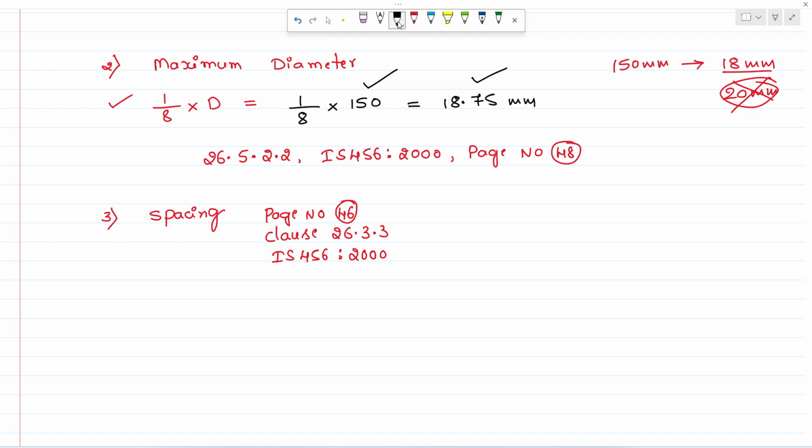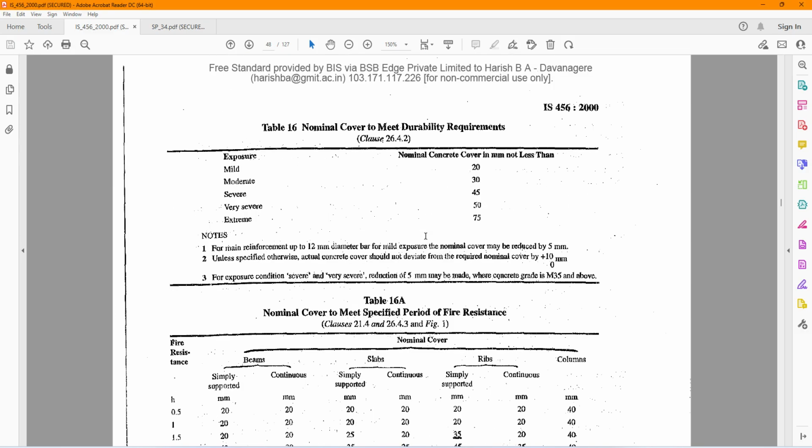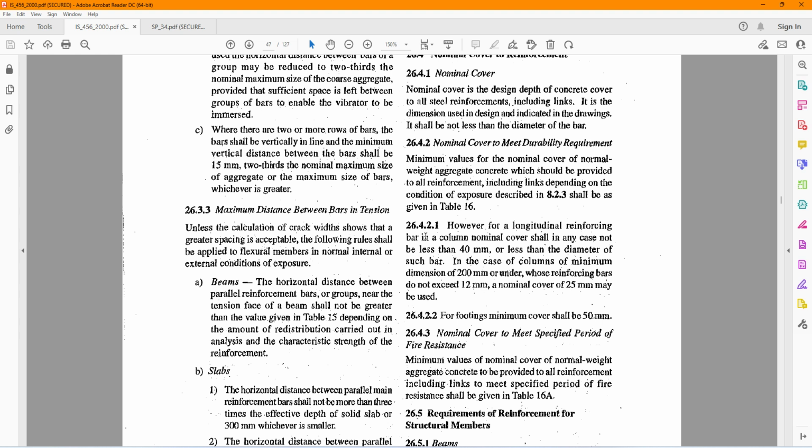So if you open IS 456, page number 46. So spacing,